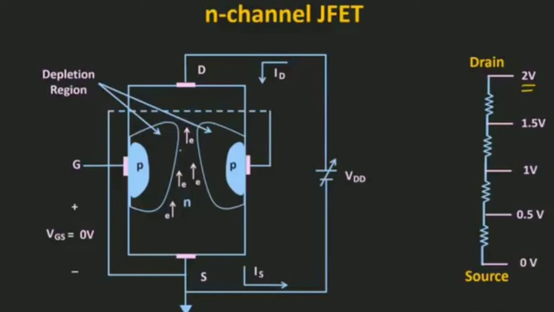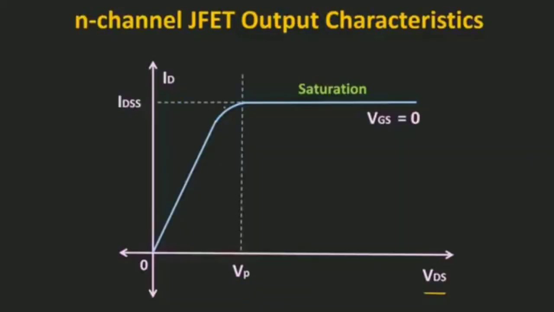And in fact, at the pinch-off voltage condition, this current ID is the maximum current. This saturation current is denoted as IDSS. IDSS is the maximum current of the JFET whenever VGS is equal to 0 and VDS is more than the pinch-off voltage. Whenever VDS is more than the pinch-off voltage, the current flowing through the device is almost constant. In this region of operation, the JFET acts as a constant current source, as you can see over here. So basically under this region of operation, we will get a constant current.